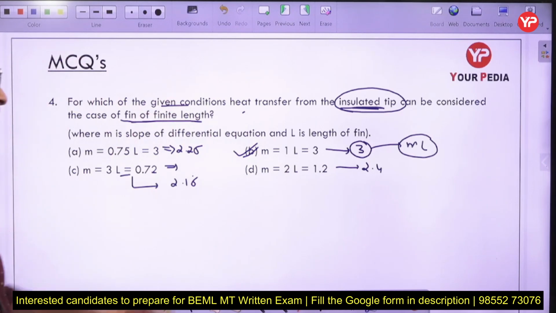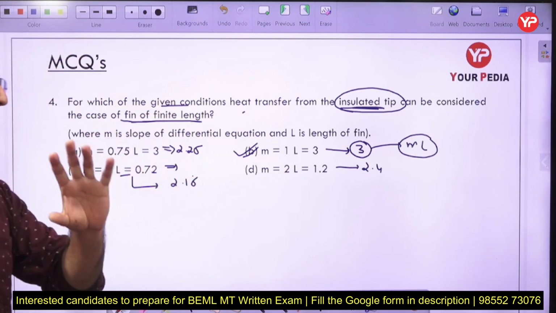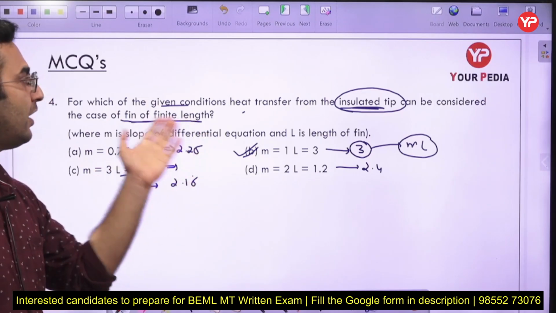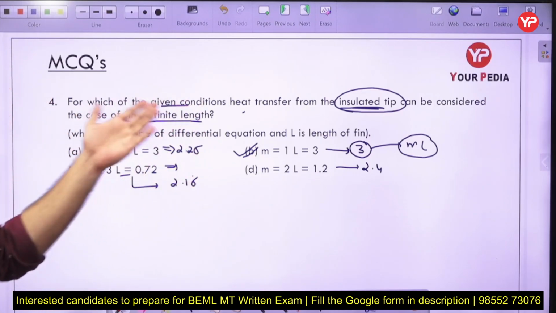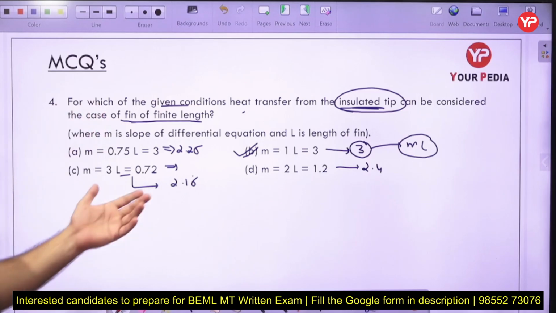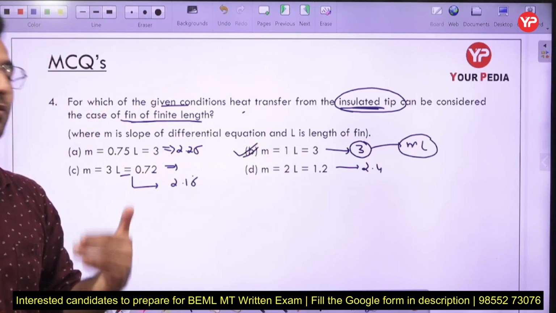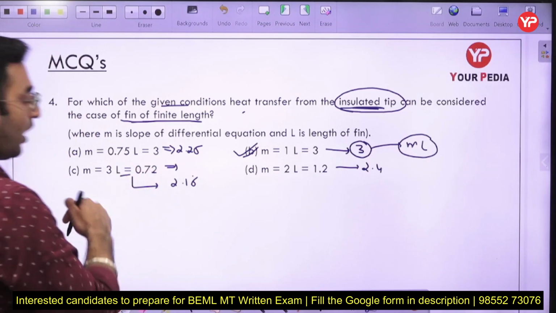So by the way, it is an easy question here. Okay, just by checking the value of the ml you can predict in which case we can consider the insulated tip as a case of finite length. So you just have to remember the condition that the value of the ml should be more here. Okay, now coming back to the next part,